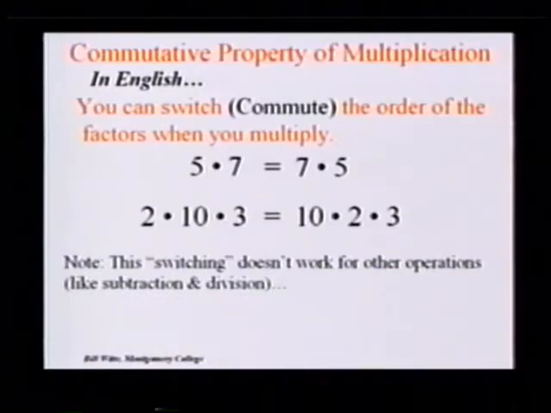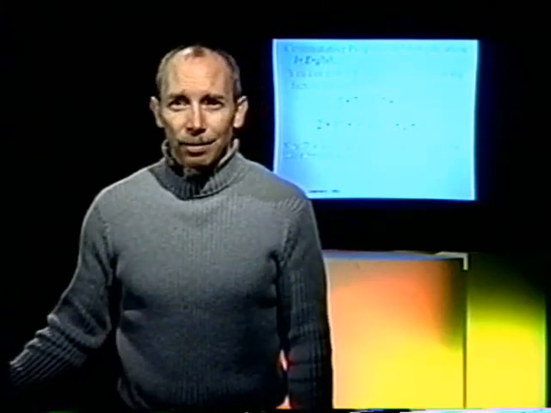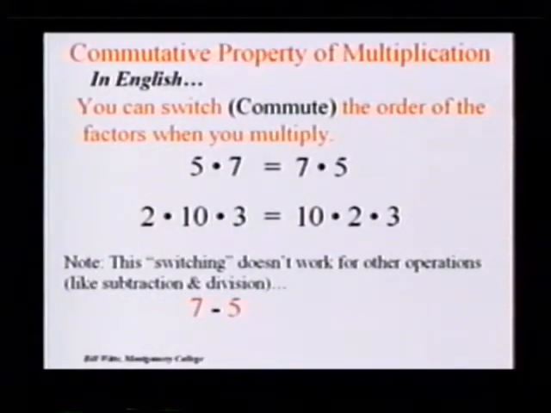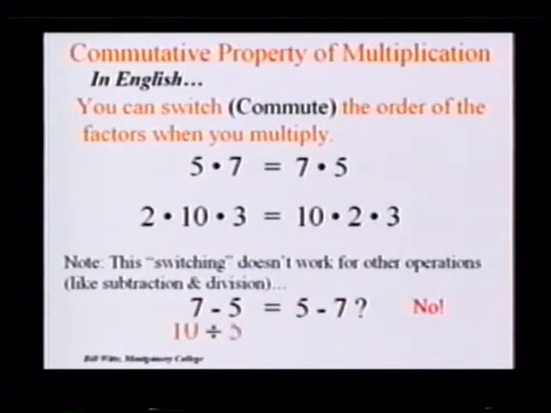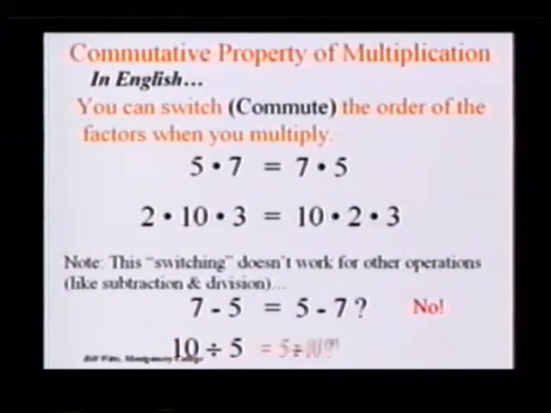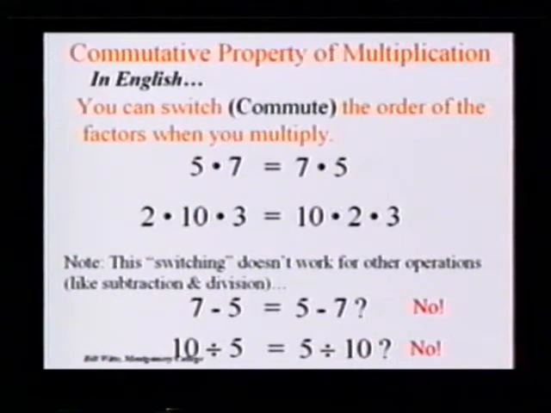Remember, this is pretty special because it only works for multiplication and addition. It doesn't work, as you can see here, for instance, for subtraction. 7 minus 5 isn't the same as 5 minus 7. Doesn't work for division either. 10 divided by 5 isn't the same as 5 divided by 10. Okay, so the commutative property says you can switch the order of this operation, multiplication, and not change the answer. Another property we covered,